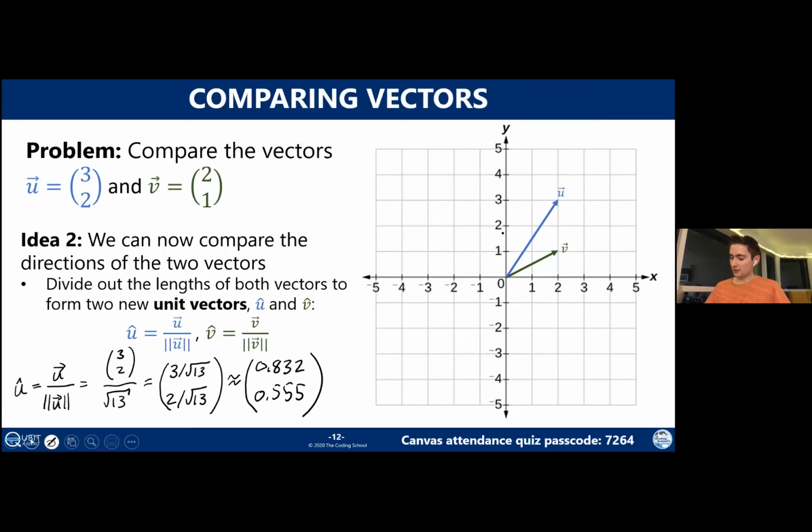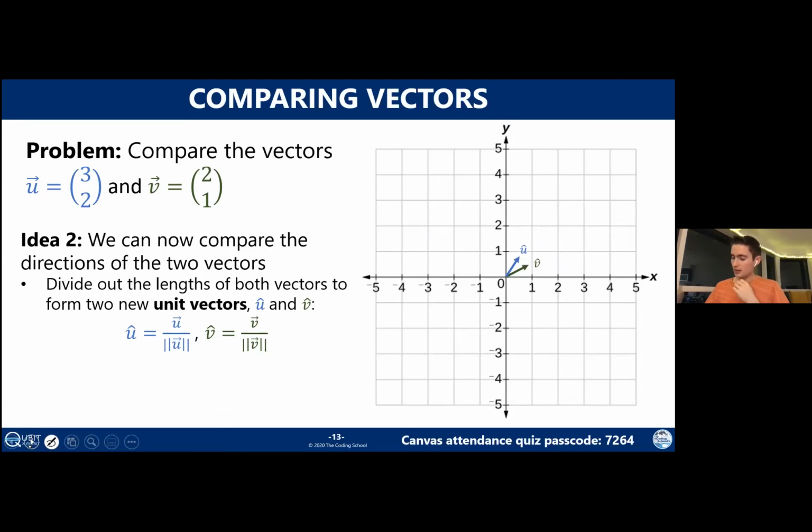Well, over here, we've drawn our vectors u and v just regularly on the Cartesian plane. If we go to their unit vectors, we are essentially scaling them. So we're dividing them by their length so that their new length is exactly equal to 1. You might notice that both of these vectors still have the same angle that they did before. Notice how the angle of those two arrows does not change. All that changes is their length. And so now we've made both of them sit on the unit circle.